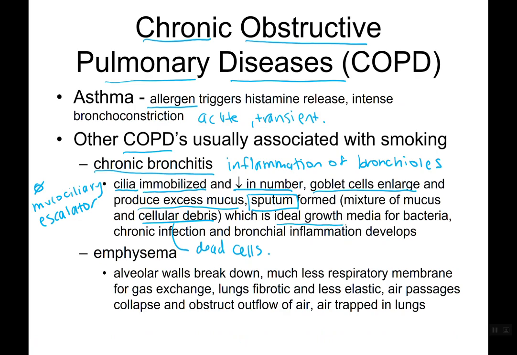So this is an ideal growth medium for bacteria because it has lots of delicious cell pieces in it that they can use to metabolize, and that results in chronic infection and bronchial inflammation. Emphysema is a loss of alveolar tissue, so you end up having fewer alveoli in total, which really cuts down on that huge amount of surface area. So that's step one. You get alveolar wall breakdown, so what that ends up meaning is